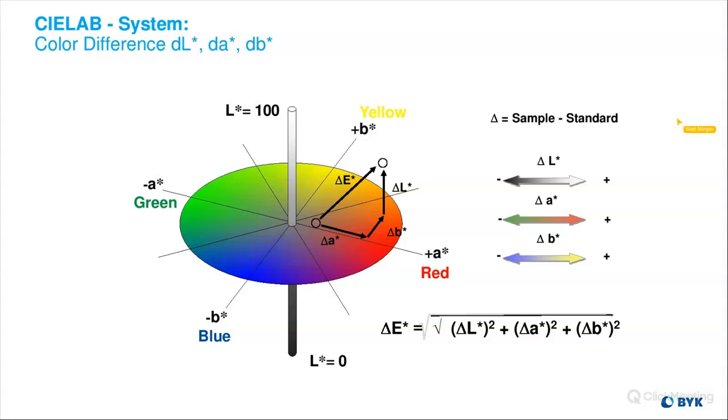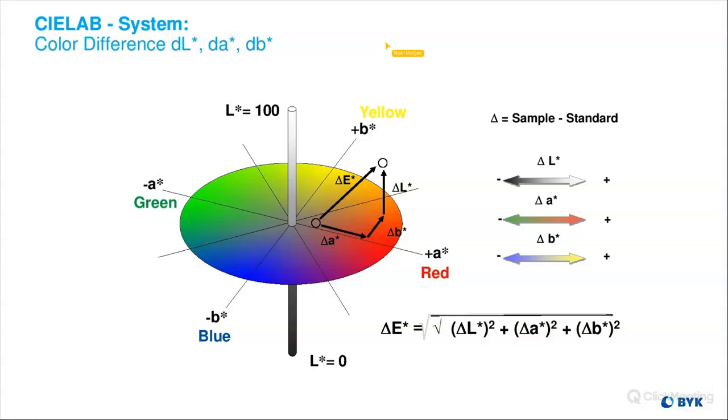Okay, couple questions here from Larry. How does the 45-0 angle relate to 2-degree, 10-degree observer angle? Okay, so again, they're different things that you're looking at. So 45-0 is just how the instrument is set up to take the measurement, similar to a gloss measurement, whether it's coming at 20 degrees or 85. It's just the way the light source is set up and the detector setup.